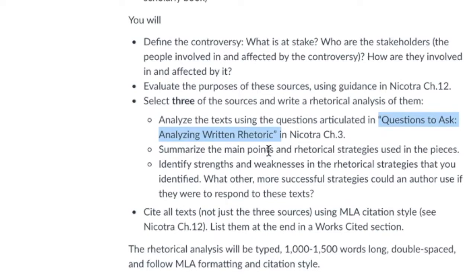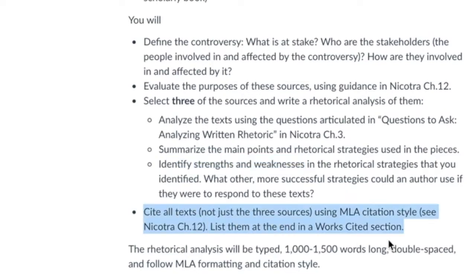So you're summarizing the main points, you are analyzing the rhetorical strategies, i.e. ethos, pathos, and logos that the author uses, and also evaluating how effective it is ultimately, its strengths and perhaps weaknesses. You will be, just like last time, citing your sources, not just the 3, but all 8 to 10